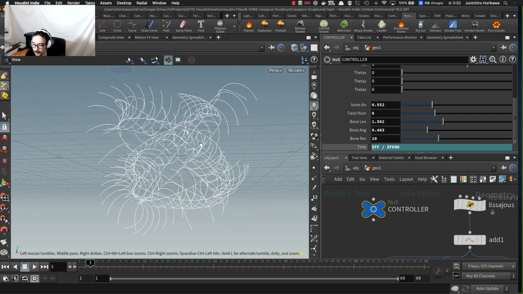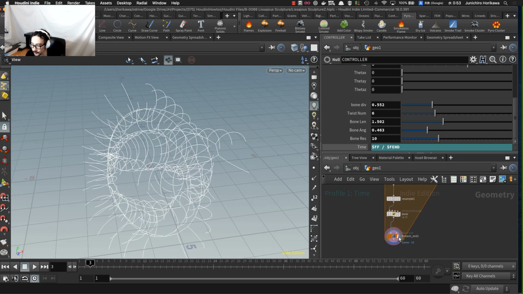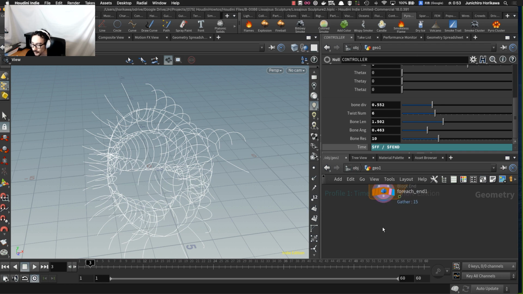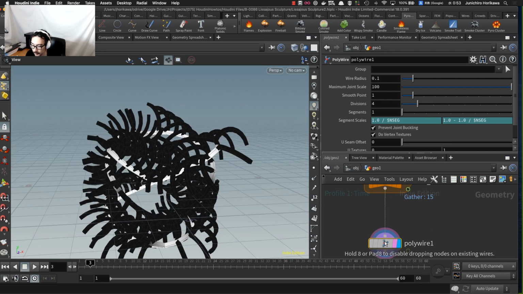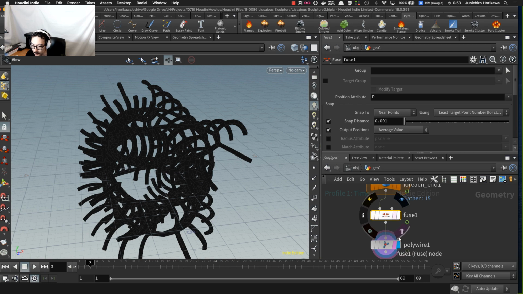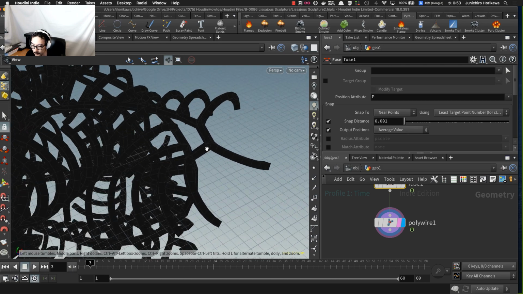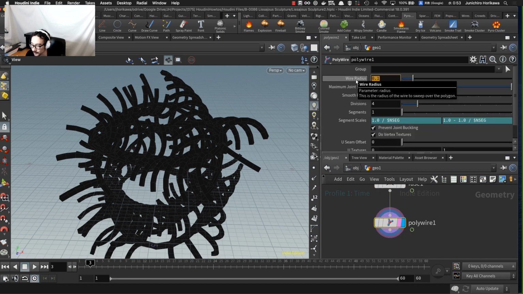Now what I'm going to do next is to thicken those lines to create more like a geometrical sculpture. To do that, I'm going to use my favorite node, polywire, which I use a lot. Okay. Now before doing that, I'm going to fuse to remove the duplicate points, and in order to set the thickness of the curve, I want to use the value p-scale at each point. So I'm going to create a